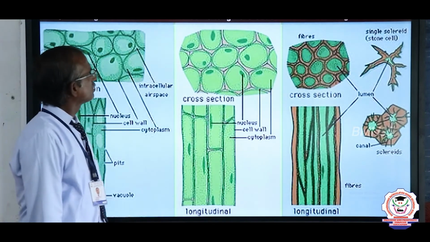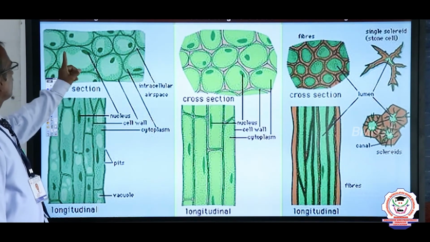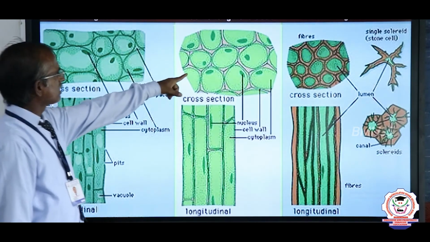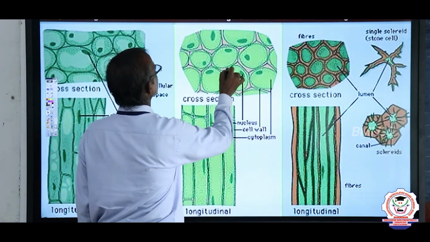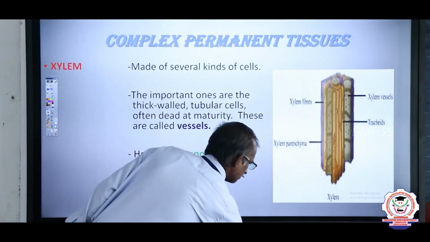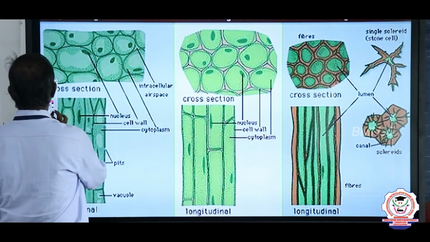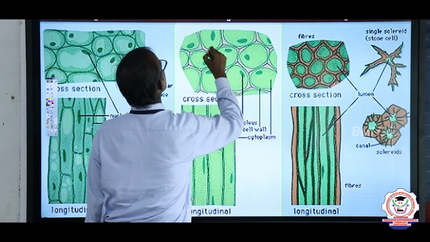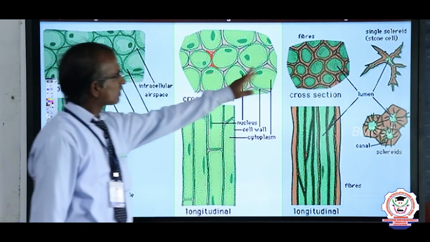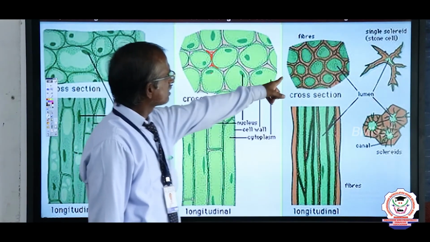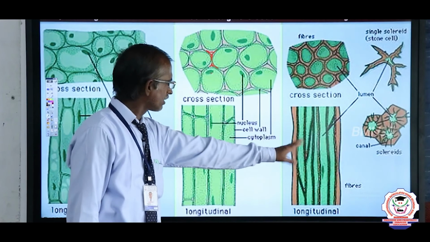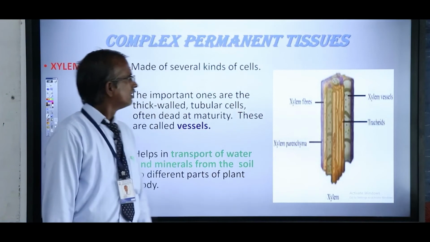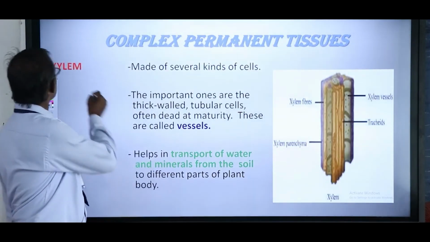Now, see the pictures. They depict very clearly that in parenchyma there is a gap between the cells, an intercellular space, while here the wall is thick. Lignin substances are deposited here, thick walled in nature. Sclerenchyma is found as fibers. It is found in two structures, sclereids and fibers.